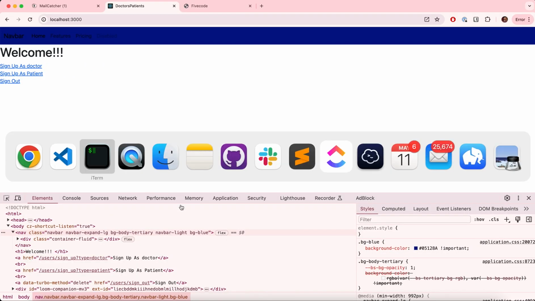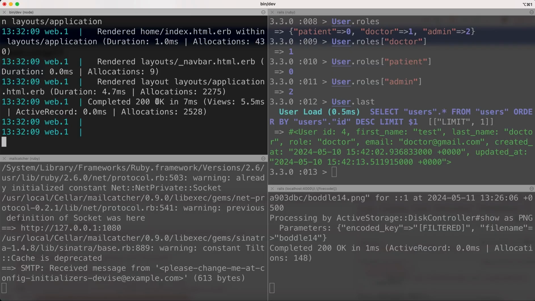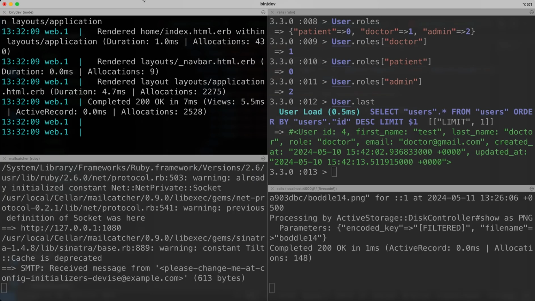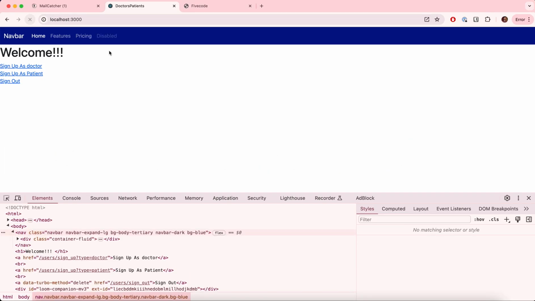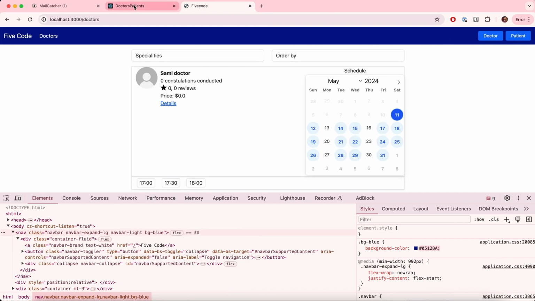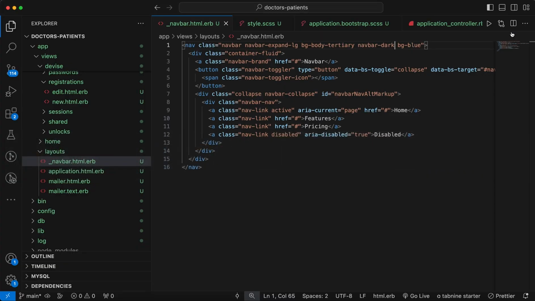let's see if we refresh, still not applied. Let's change it to dark. If I refresh, okay, so you can see that now all the links are white. And now let's add the links for doctor and patient on the left side, on the right side. So if we go back and then in here, let's add a new div,